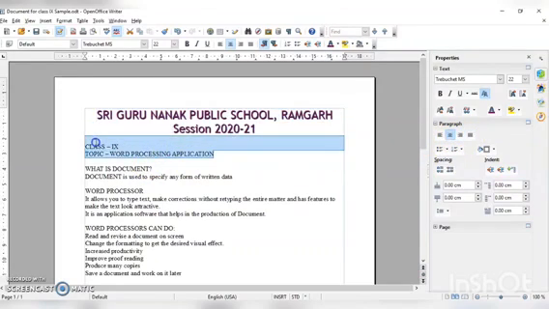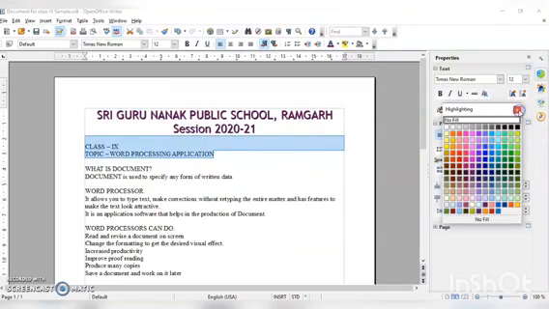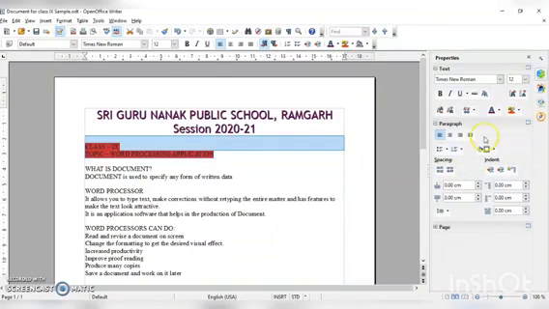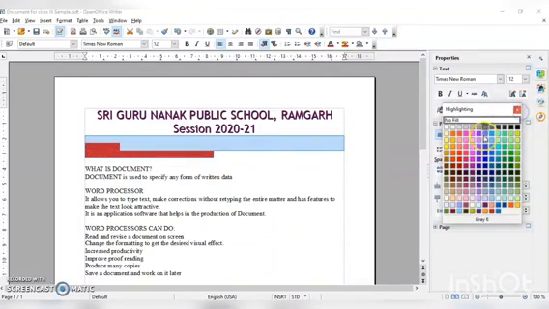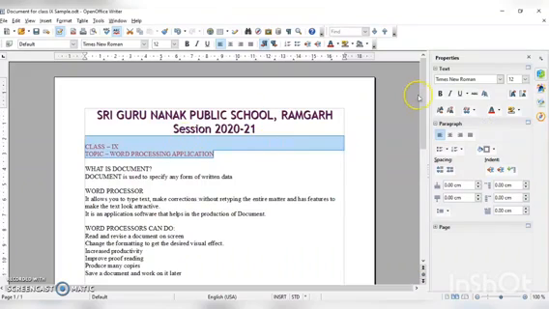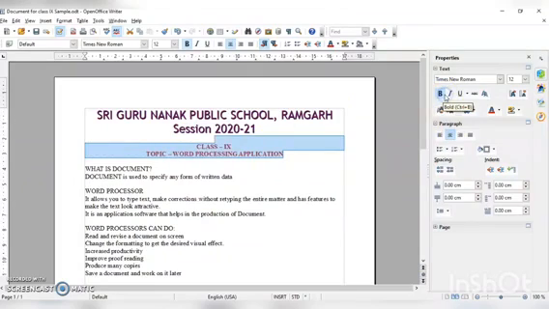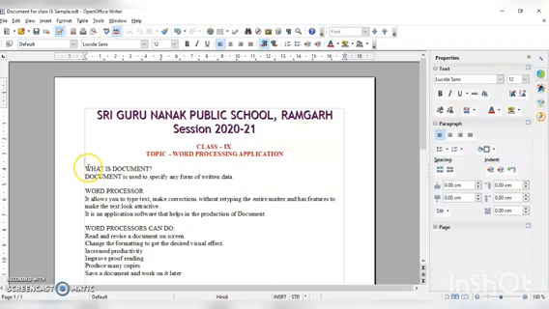Now for the second part, we will do the same work. We will edit this using red color. Highlighter should be no fill. We have to align this in the center. We can bold this. After this, the heading part should be in bold form, so we can also use a shortcut, Ctrl+B. We can center this by using Ctrl+E. We can use the bold option.